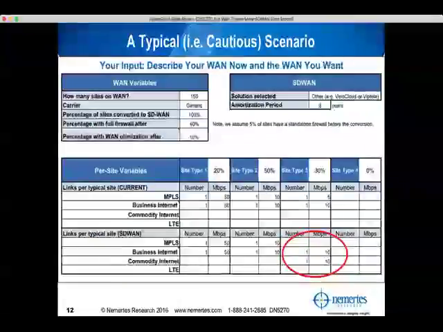So with all that in mind, here's a fairly typical kind of deployment scenario based on the conversations we're having with enterprises. And they're, as I say, being cautious. They're not saying, "I'm going to throw away my MPLS links." They're instead saying, "I'm going to keep MPLS in place as is in most of my locations, but for this type of site profile where I had a very low bandwidth MPLS link,